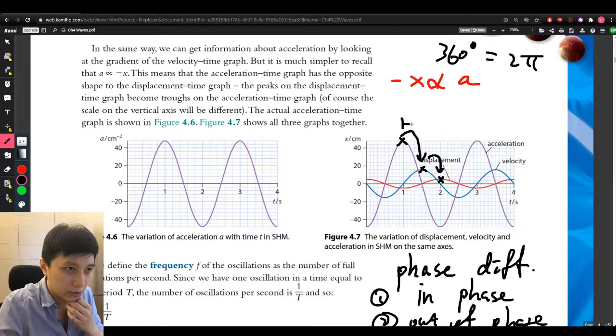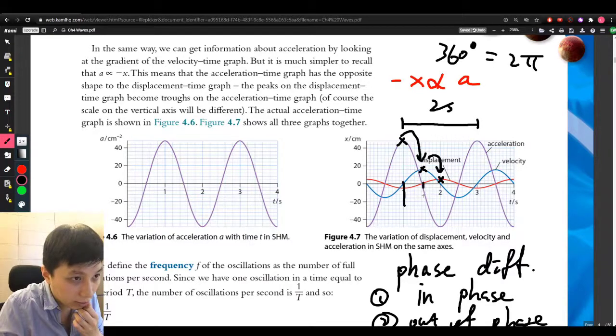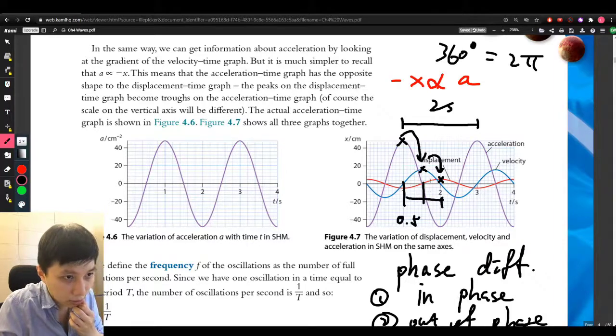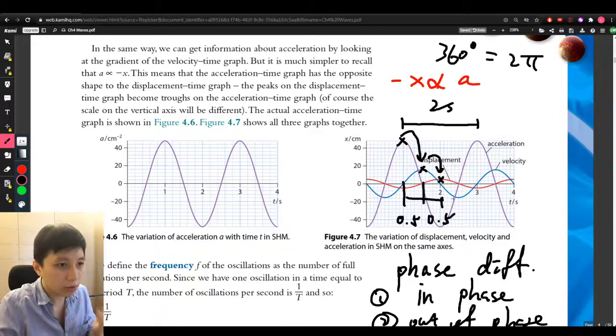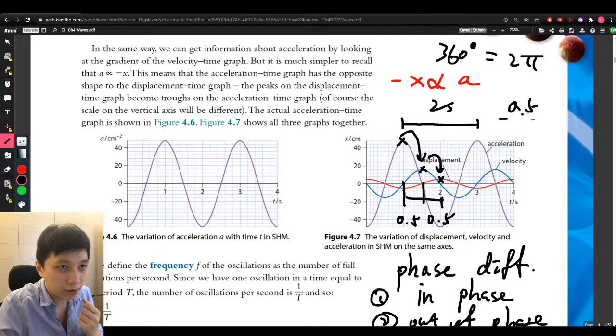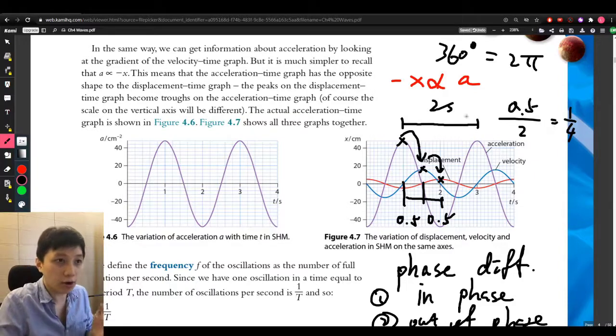Here you have about 2 seconds, from 1 to 3, so 2 seconds is one period. And if you look at this one and this one, this is 0.5, this is also 0.5. So 0.5 over 2 is a quarter, and a quarter out of 360 degree